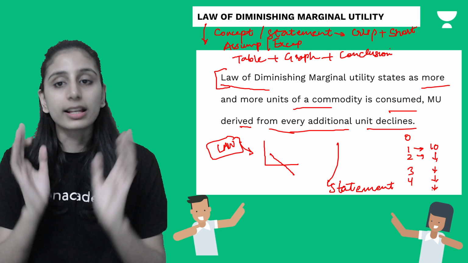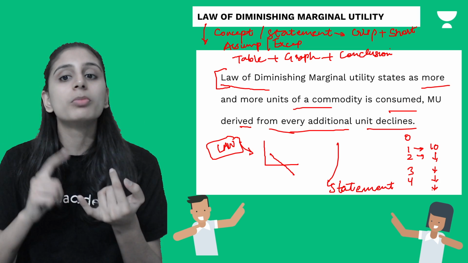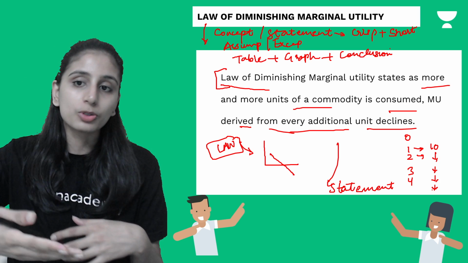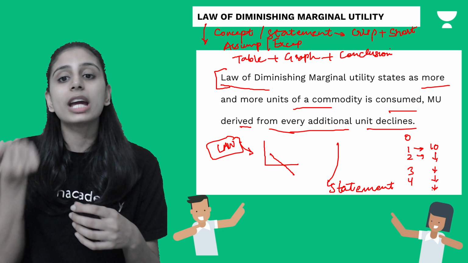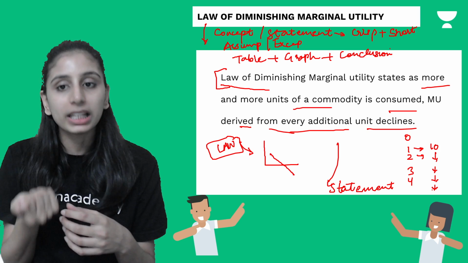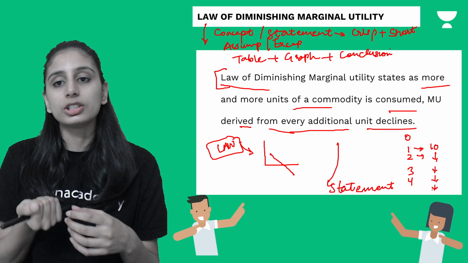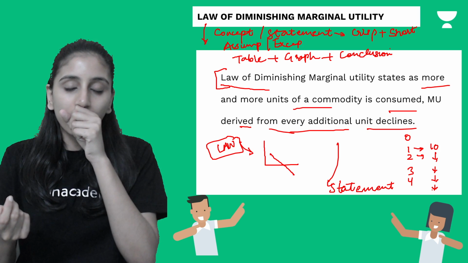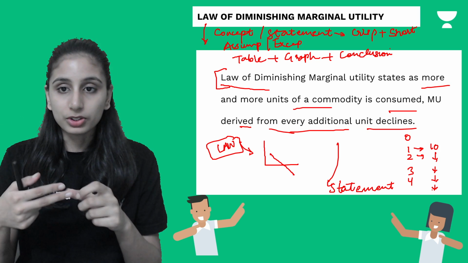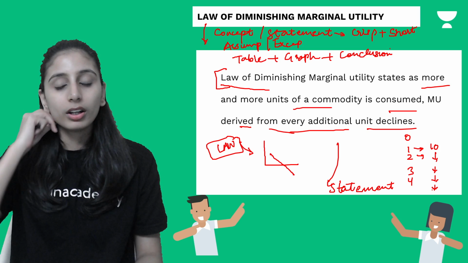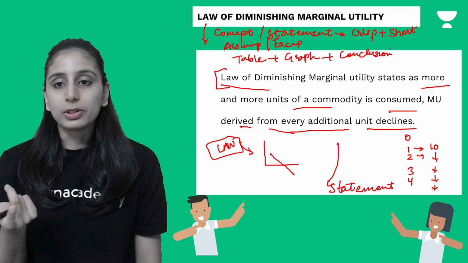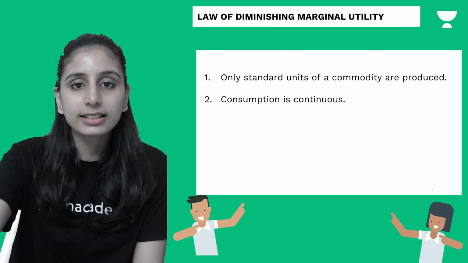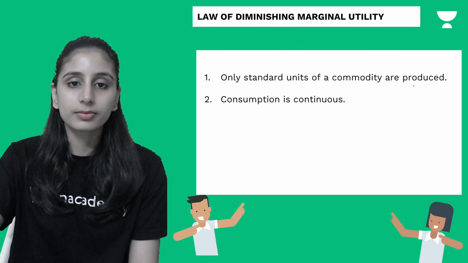इट इज एग्जैक्टली व्हाट द लॉ स्टेट्स, द मोर एंड मोर यूनिट्स ऑफ अ कमोडिटी इज कंज्यूम्ड, ज्यादा से ज्यादा जितने आप यूनिट्स कंज्यूम करते रहोगे उतनी ही आपको जो उससे एडिशनल सेटिस्फैक्शन हर एक यूनिट से मिलनी चाहिए वो आपकी डिक्रीज होती जाएगी, और एक टाइम पे वो आपकी जीरो हो जाएगी, और एक टाइम पे वो आपकी नेगेटिव भी हो जाएगी। ठीक है। दिस वाज द स्टेटमेंट ऑफ द लॉ। नेक्स्ट लेट्स सी व्हाट इज द असम्पशन।